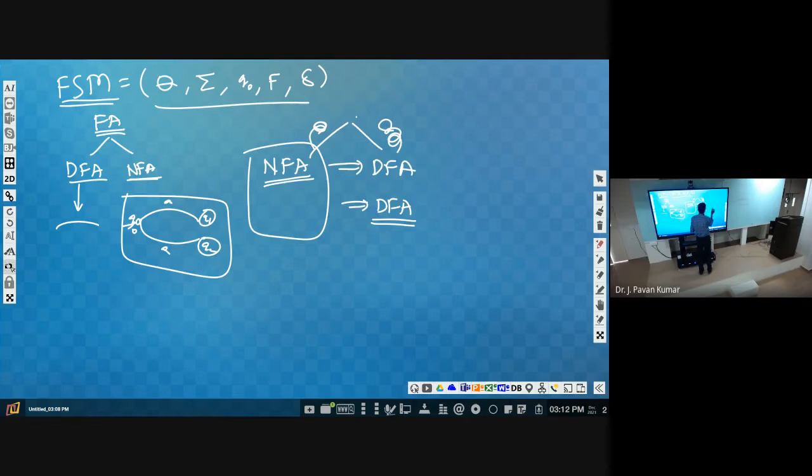Equivalent. So if we have an NFA like this, just briefly I will try to show you the justification for how we can convert this NFA to DFA, so that you can understand the acceptance power is the same for both NFA and DFA. And one more thing, we can have an equivalent DFA for every NFA. These two things will be cleared with this example.